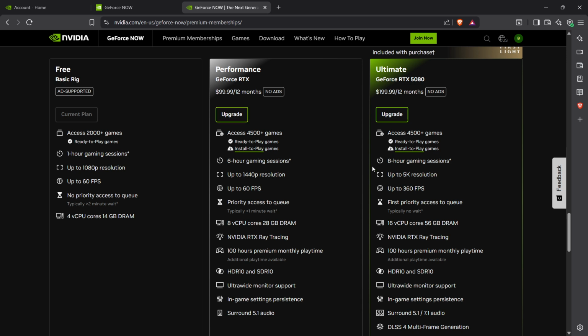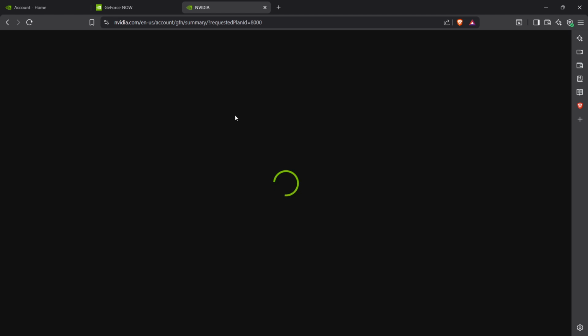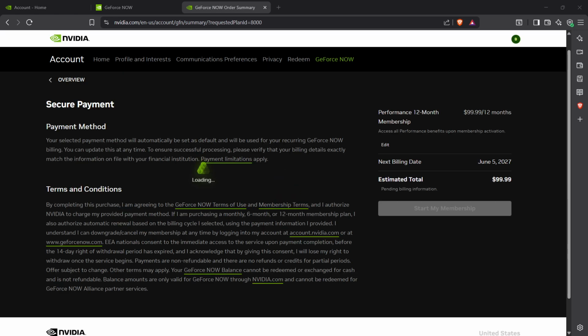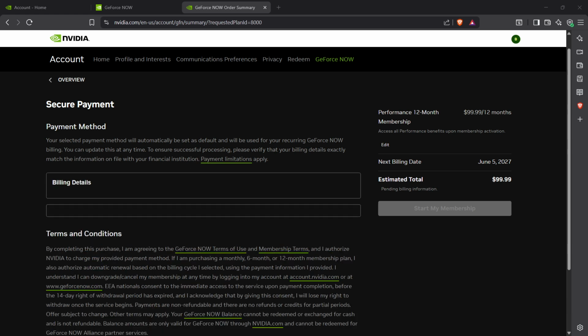In some cases, you may be able to select either a monthly subscription or an annual subscription. If both are available, pick the option that works best for your budget and how long you expect to use the service. Annual plans can sometimes offer better overall value, while monthly billing gives you more flexibility.